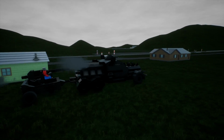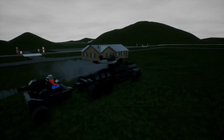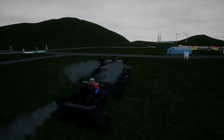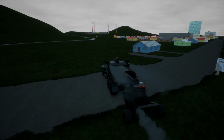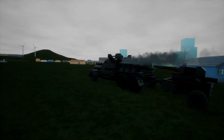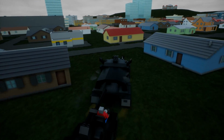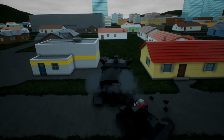I guess I should do one last little demonstration. I'm going to go ahead and drive it real quick. Sorry for the exhaust in your face. That's fine. I'm used to it. By the way, how's the steering on this? Looks like it's just front wheel. It's not bad, though. It kind of has a really wide turning angle, but I guess with the trailer...